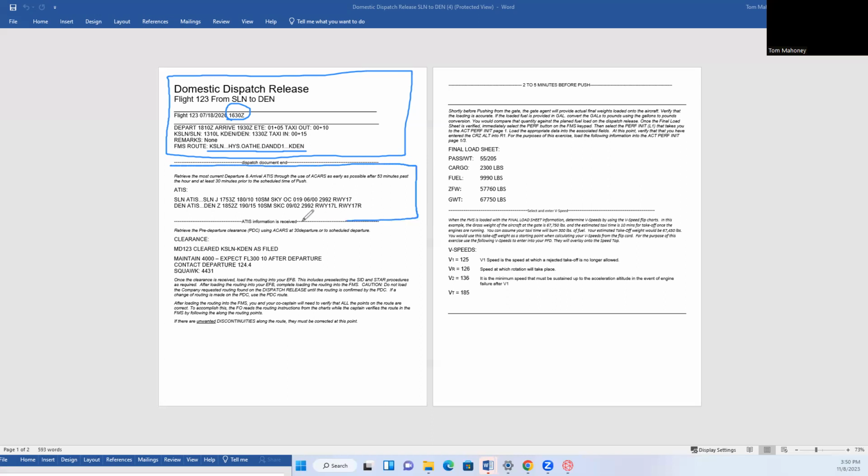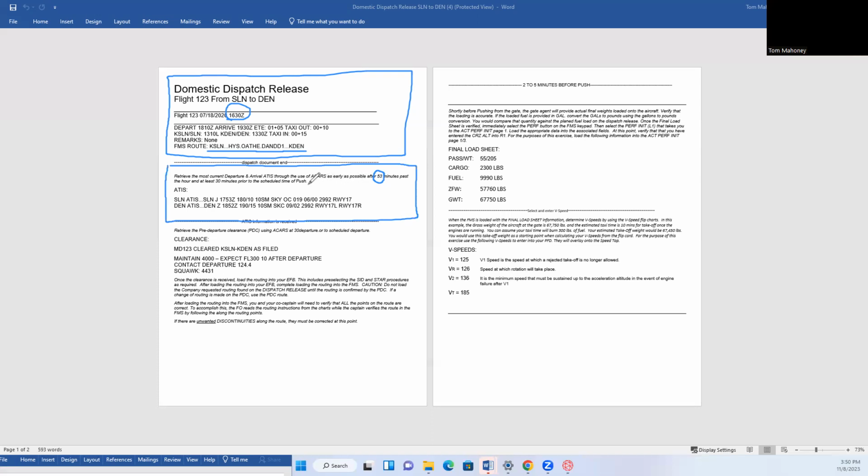The next thing that you'll have to understand about this release is that we have an ATIS that we have to get. And on this ATIS, we will go ahead and try to figure out when the best time to get our ATIS is. And ATISs are released approximately 53 minutes past the hour. So the most current ATIS is probably going to be somewhere around 54 minutes past the hour. That'll give us the most current information. If we're waiting till 53 minutes past the hour to get the most current ATIS, but we only end up with 10 minutes prior to push, we're probably going to want to use the earlier ATIS